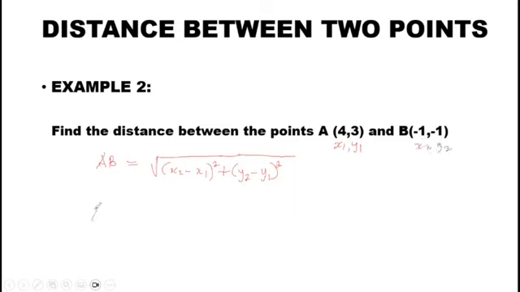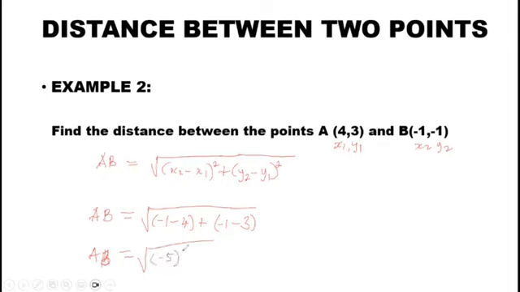So I'll substitute this into my general rule, and I have the square root of the x2, which in this question is -1, so -1 minus x1, which is 4, so -4, plus y2, which is also -1, so -1 minus y1, which is 3. So our AB